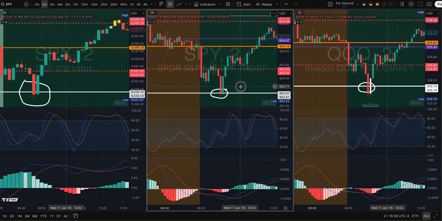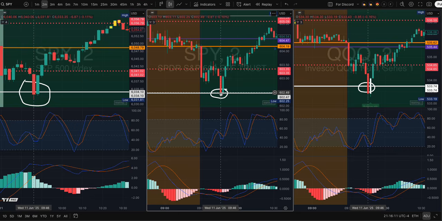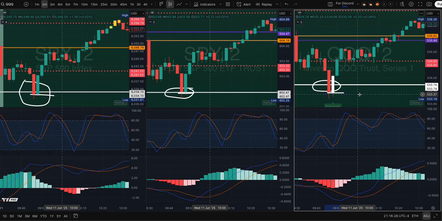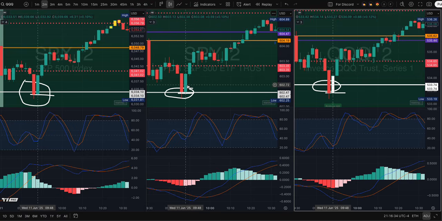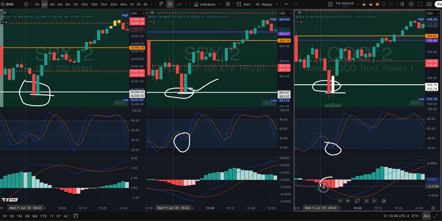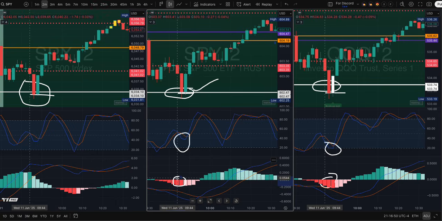here you can see the close of the red candle and then the opening of the green candle were in the same line. It is the same case for these as well. I love to see those kind of line touches, like similar open, close and opens. So what I did, this line was a perfect confirmation for me to enter, and instead of taking this touch, I took this touch. And then if you check the MACD on both, it did confirm because these are on the